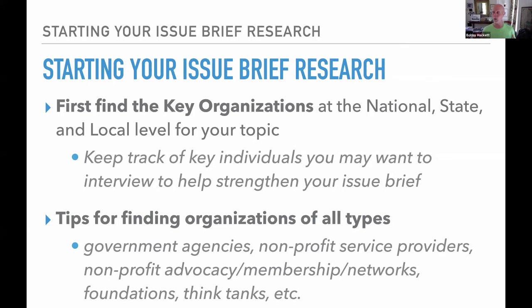Now, when you're going to look for organizations, we want you to look for all types. And we have those categories on the wiki, right? So we have government agencies, nonprofit organizations that are service providers. We talked about that language at the beginning. We also have nonprofits that are advocacy or membership or networks of organizations, associations, those kinds of things, councils. Foundations are critical. They're funding often the cool new things, so they'll also be a source of some of the options and models. Think tanks, and just every other kind of organization you can think about that works on your issue. So it's the full gamut.